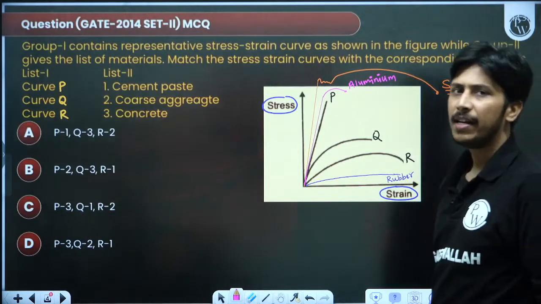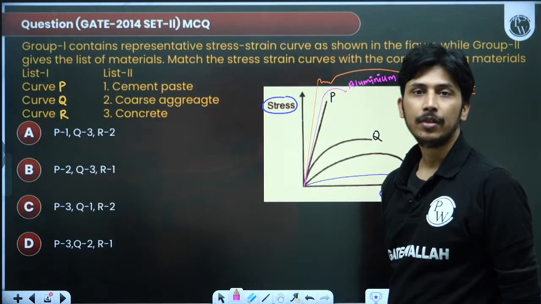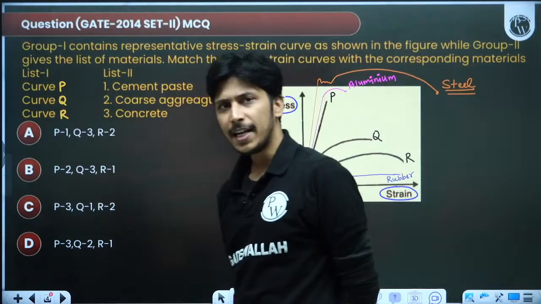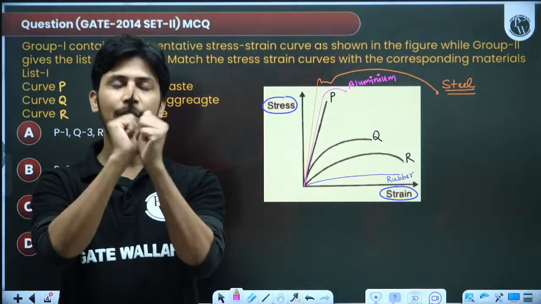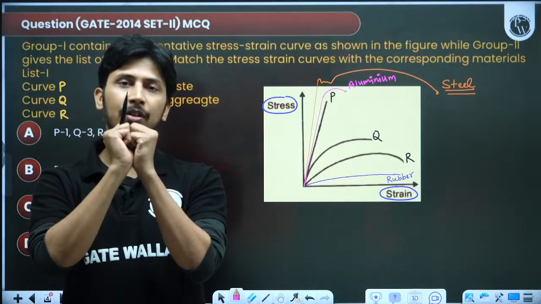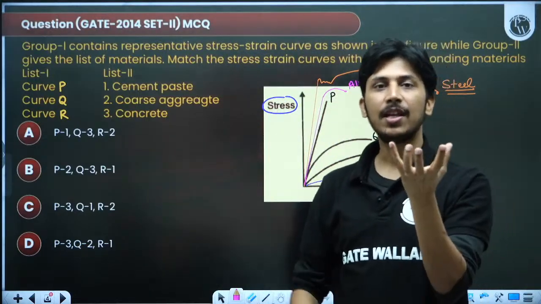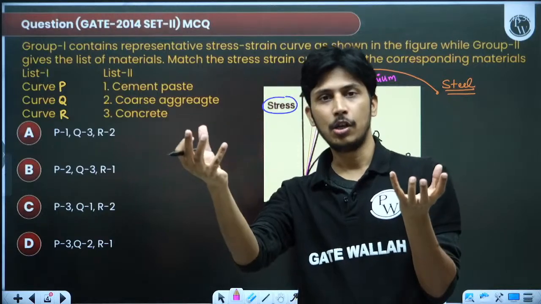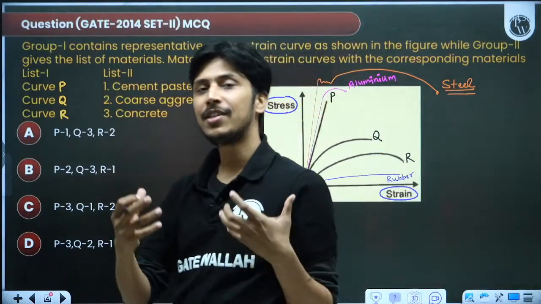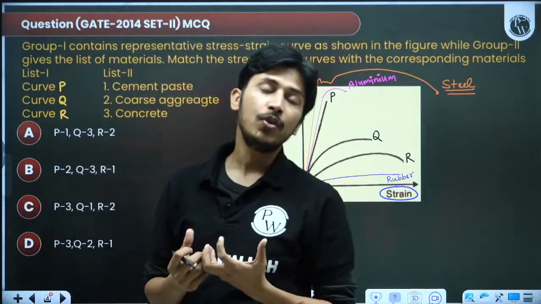Like aggregates, meaning stones, like metals, are very hard. What is the definition of hardness? Hardness means if you are scratching or rubbing two things, then the material where a scratch is there is less hard, and the material where there is no scratch is more hard. So hardness is the resistance to abrasion, or resistance to scratch, or resistance to indentation.